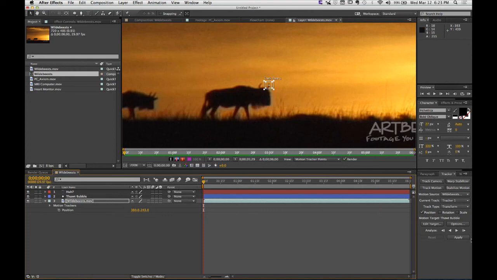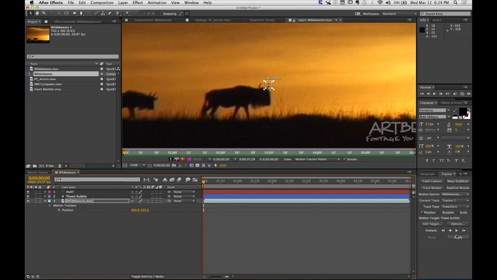We have these analyze buttons down here. Now these are not play, pause, fast forward, and rewind. I think the guys on After Effects have done us a little bit of a disservice and have designed some icons that look very familiar to other icons that we're used to seeing. These are analyze backwards, analyze backwards 1 frame, and analyze forward 1 frame. Okay? We want to analyze forward. Okay? So if we click on this guy,